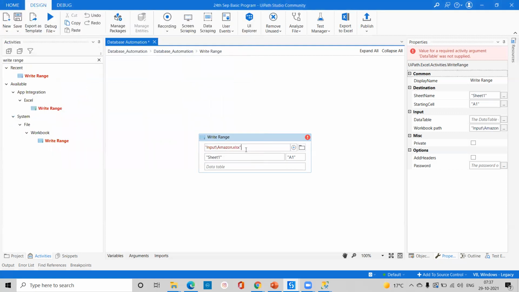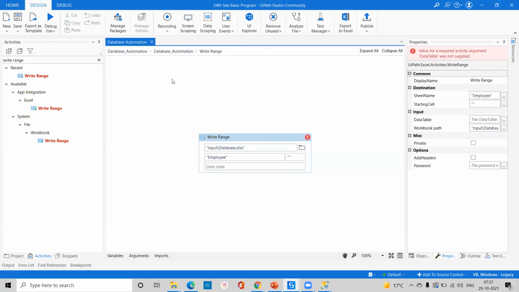Here I'll go for name, changing the name to database dot xlsx. If you want to change the name of the sheet, we can pass this employee data. Okay, so employee, and this is not required, and it's asking for the input.